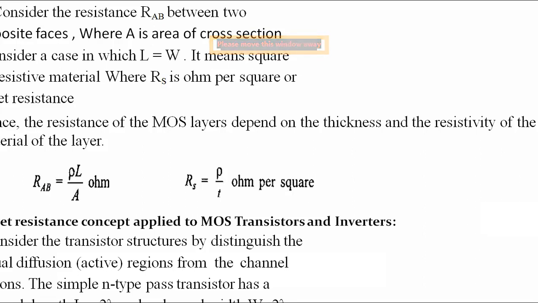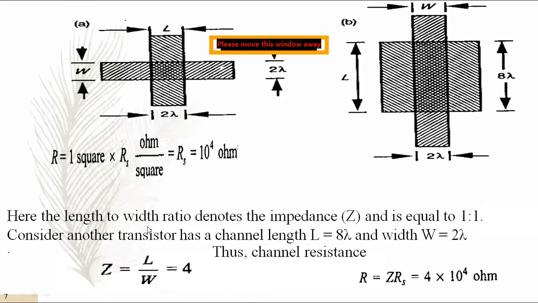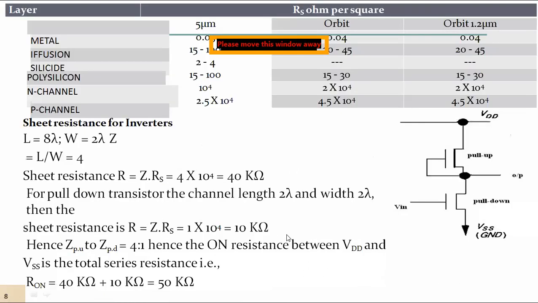If the area is small, resistance value increases. That is the formula: resistance R equals rho into L divided by area. Area is nothing but W into